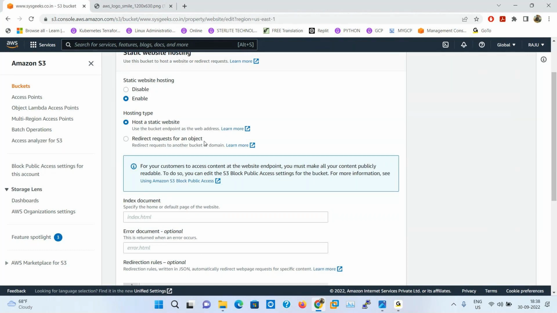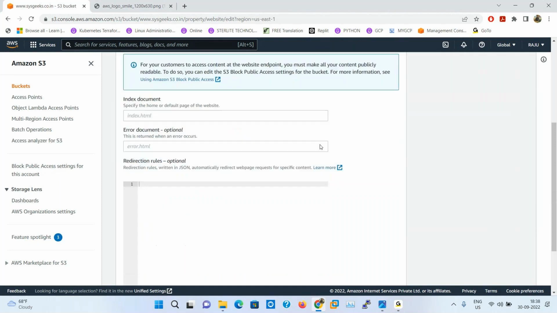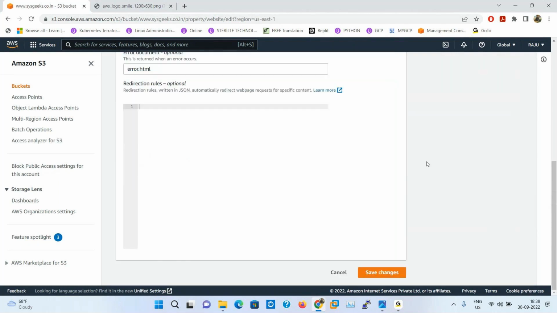I want the hosting type static website. The primary page, the home page, is index.html and the error document is error.html. I mean, if the index.html page is not loaded, then it will redirect to error.html. Now save changes.